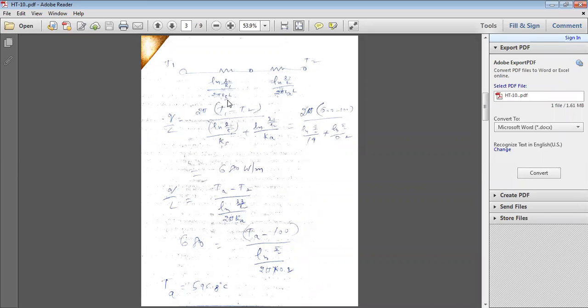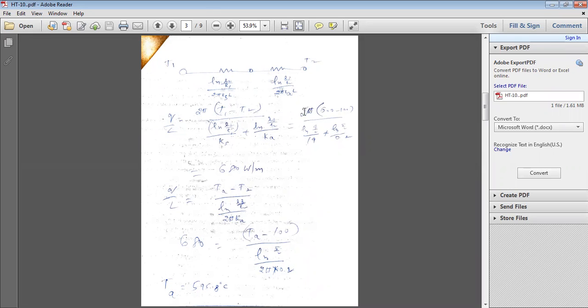Ks is the thermal conductivity of the stainless steel. And for the second material, asbestos, the thermal resistance is Ln R3 by R2 divided by 2 pi Ka L. But here L is common, that's why for unit length you can take it to the left side. And the other common term is 2 pi. That's why I am taking 2 pi on top: 2 pi into T1 minus T2 divided by Ln R2 by R1 divided by Ks plus Ln R3 by R2 divided by Ka.